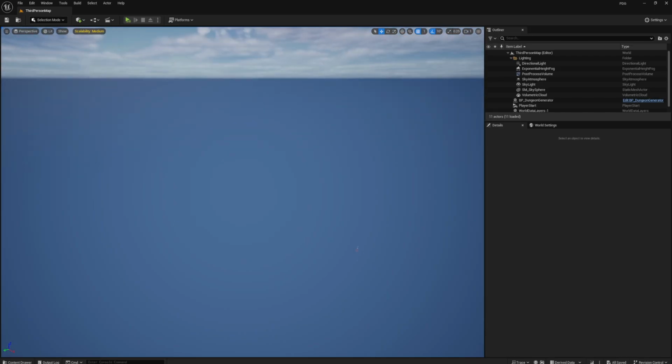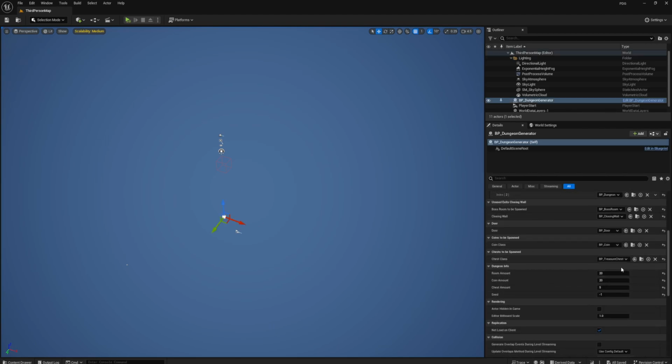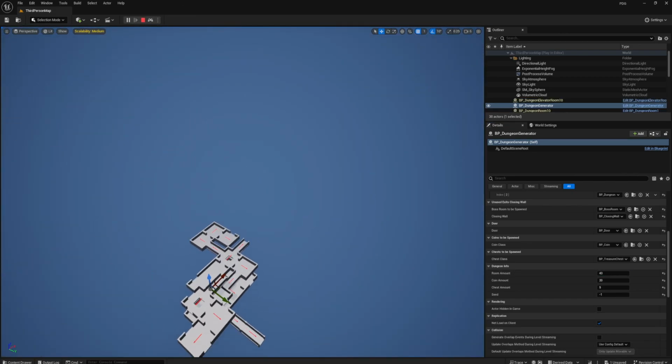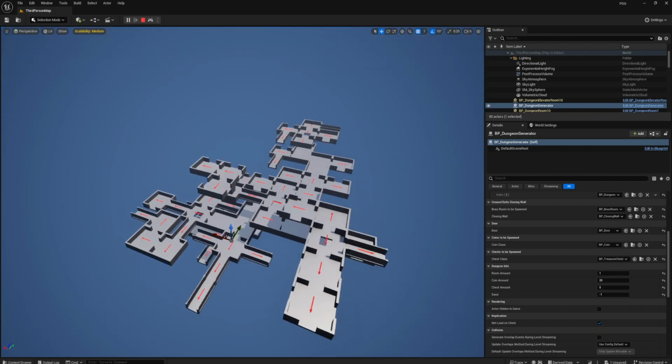So now if I actually begin the simulation, let me click on my dungeon generator. Okay, so I have again decreased my room amount to 20. Actually, I'm going to increase it to 60 again, because if we have more rooms inside our dungeon, there's more chance that we are going to notice a bug that is hiding. Okay, so let's begin the simulation, and let's see now if I actually